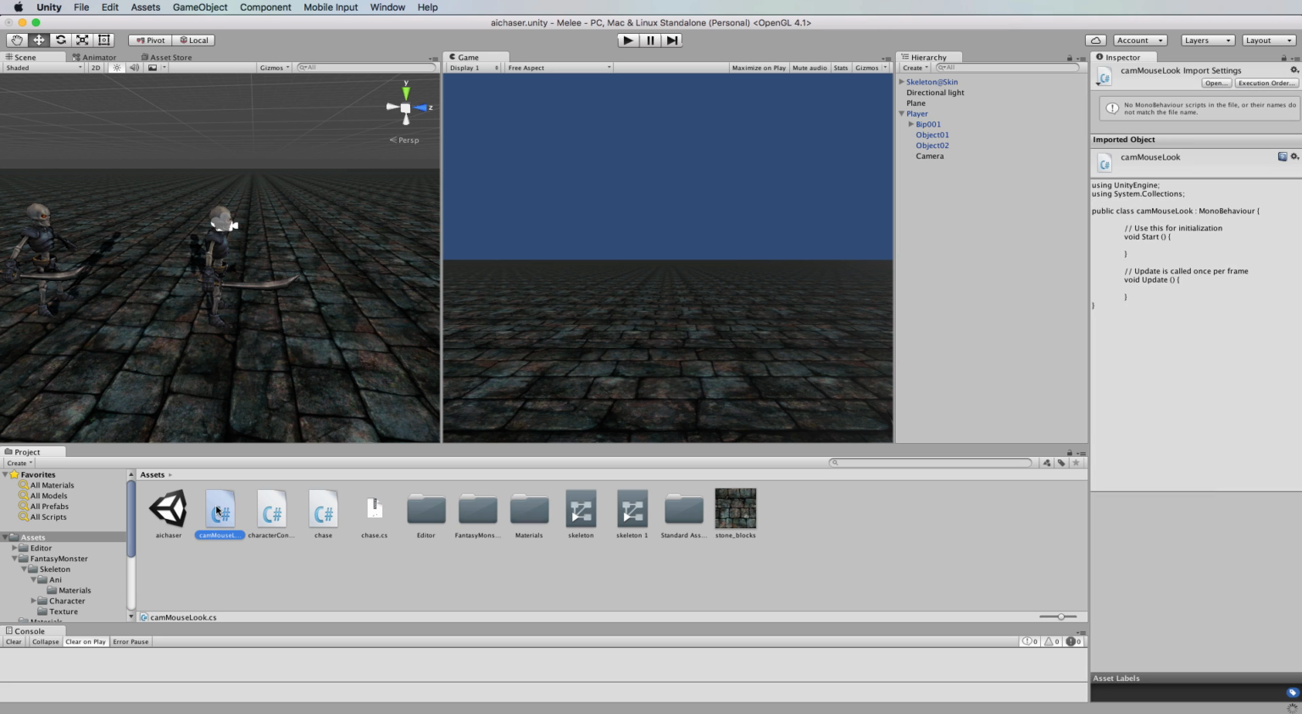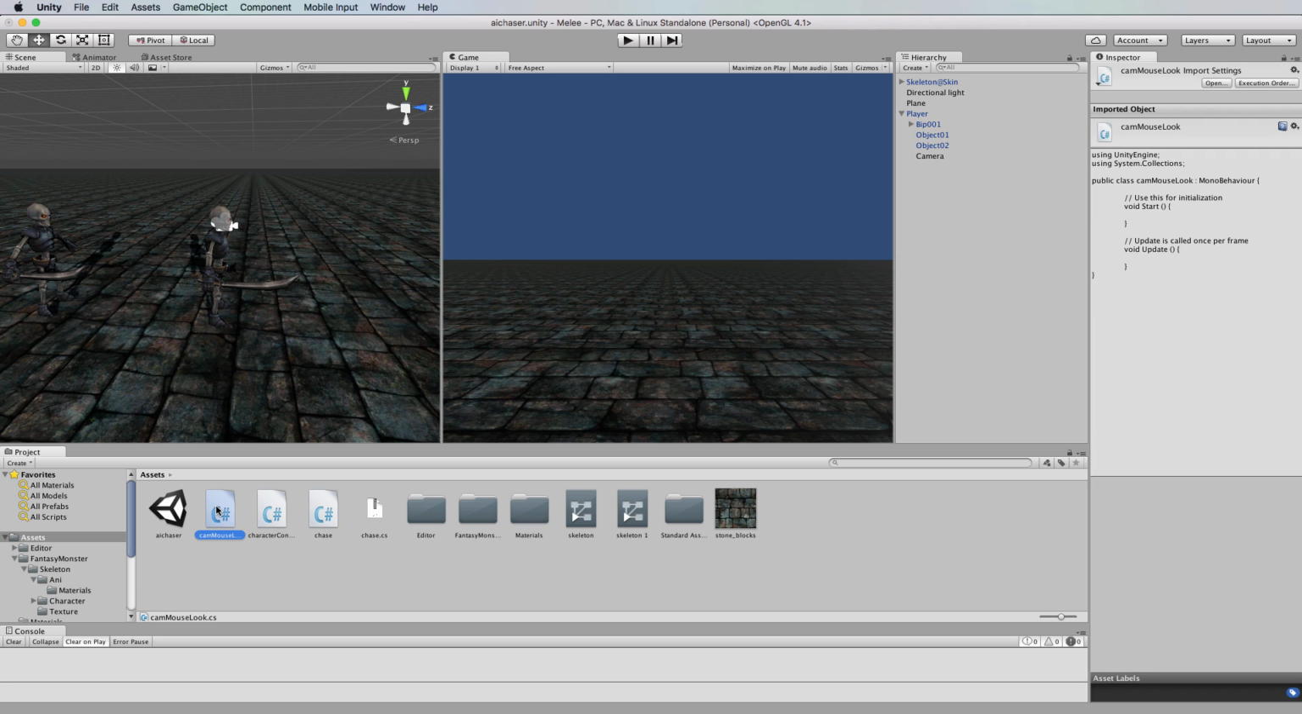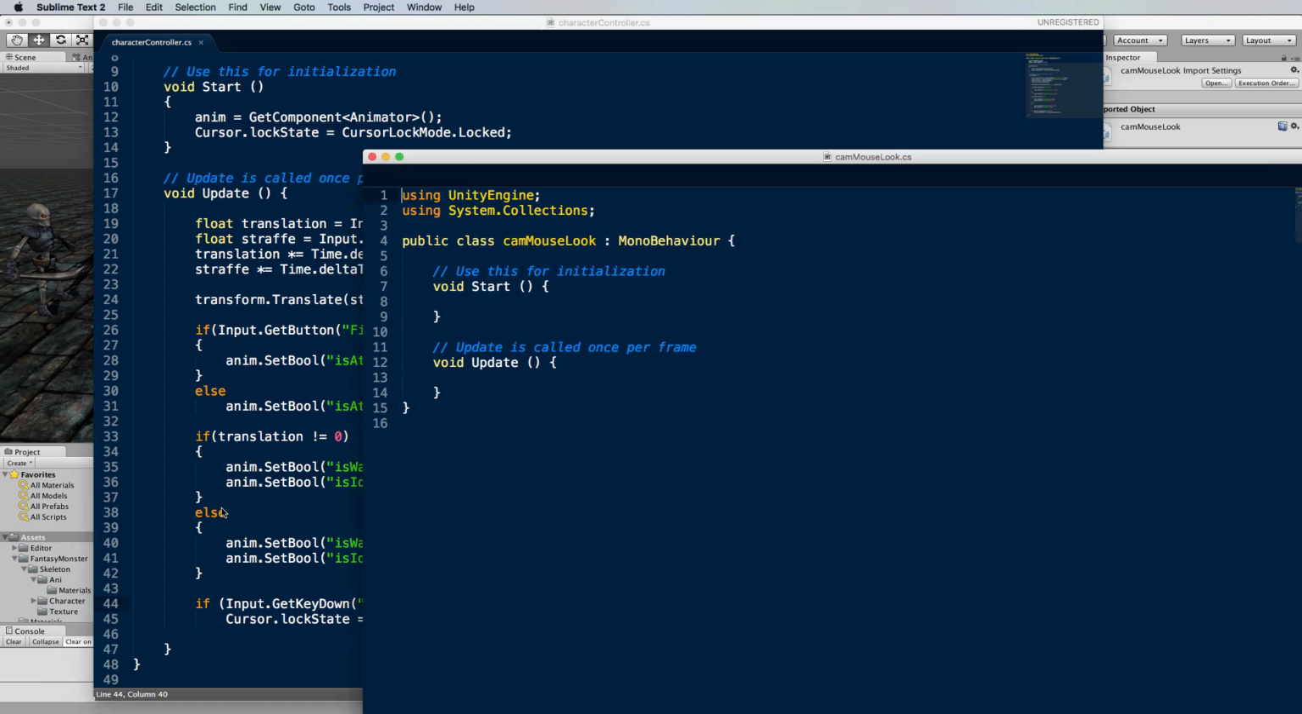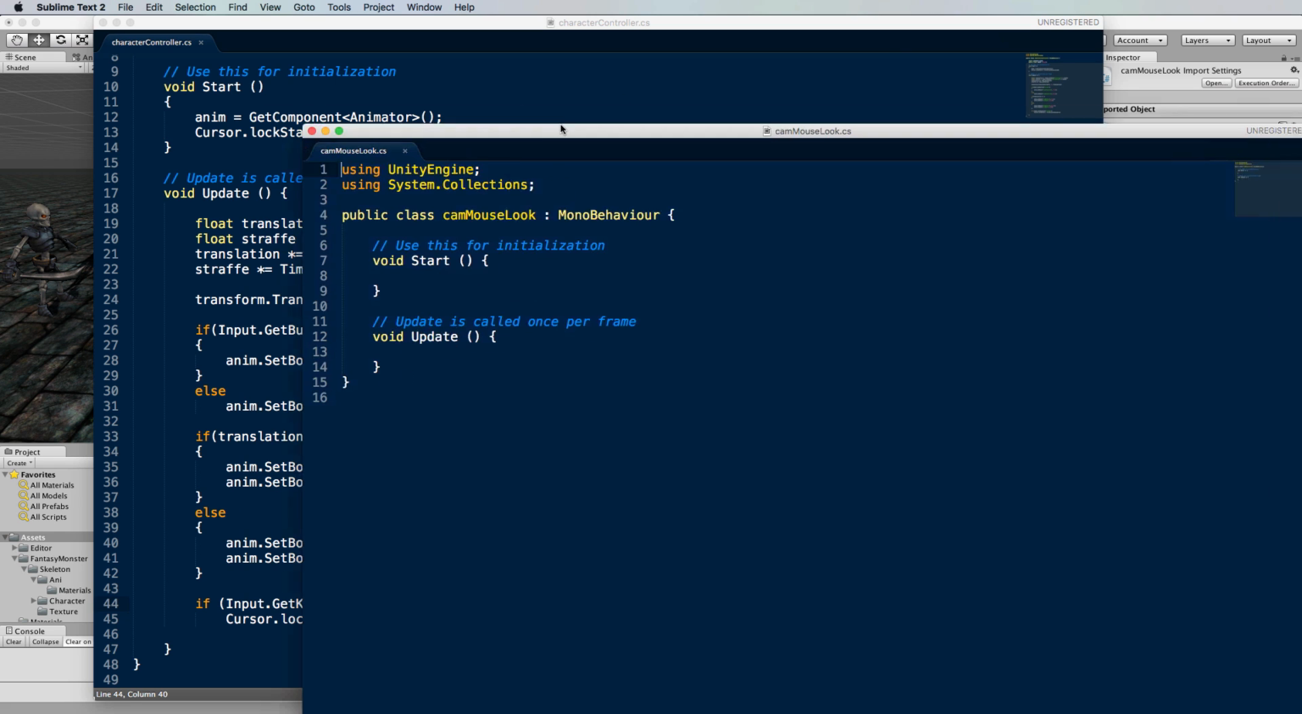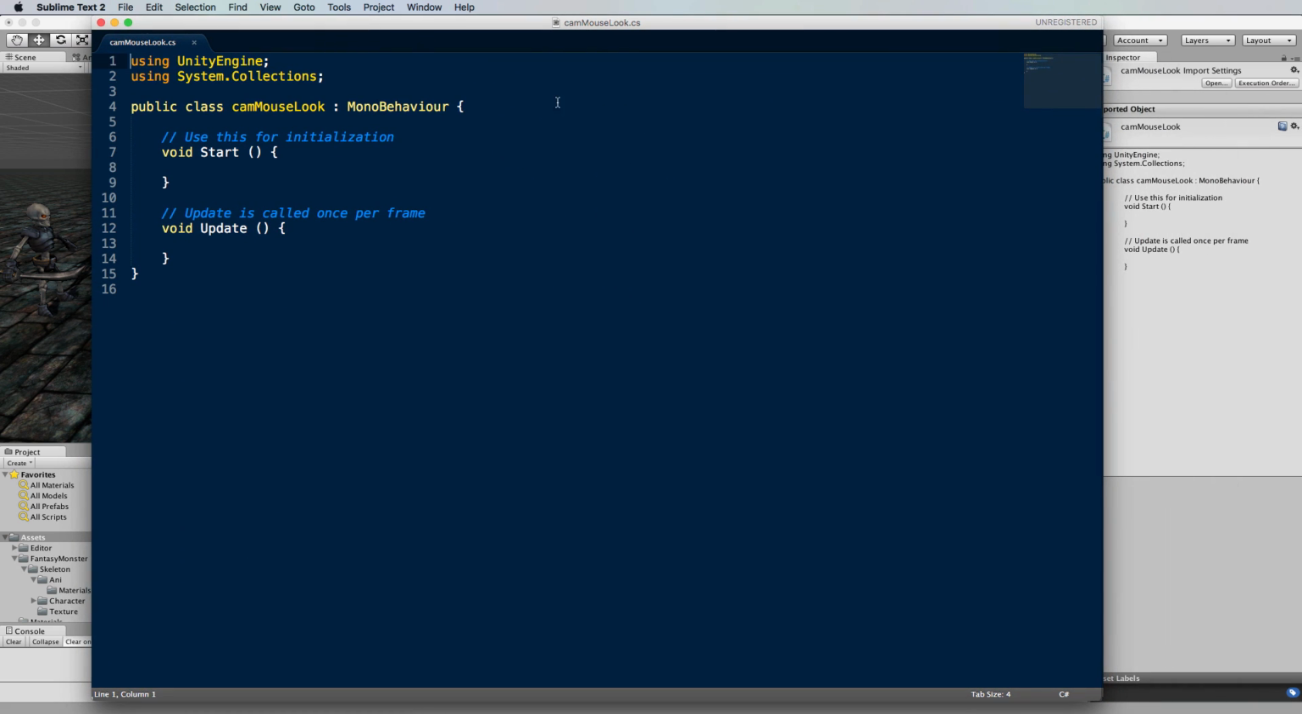Now, there is a mouse look script that comes with the first person controller, but you can't use it because it actually relies on a lot of the other things that are attached to the Unity default FPS controller. So we're going to write our own, which will be nice and simple. So open up this script,